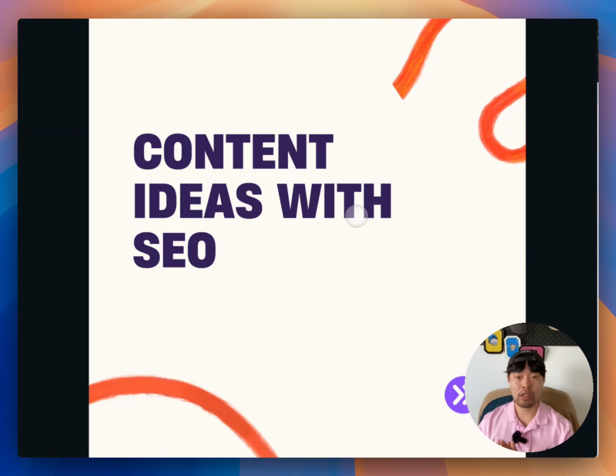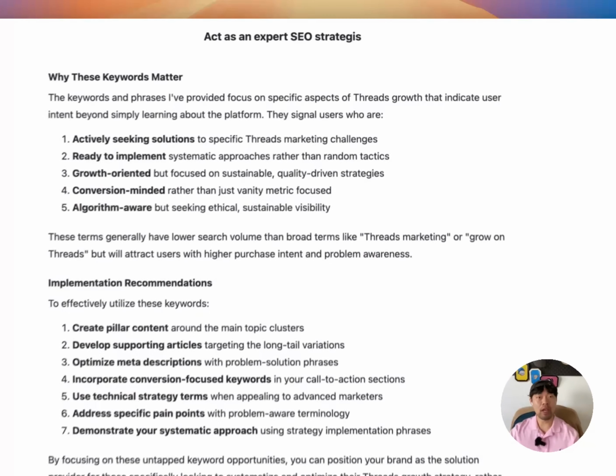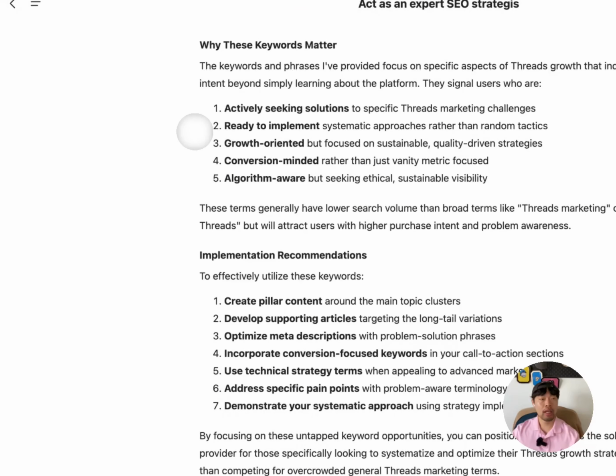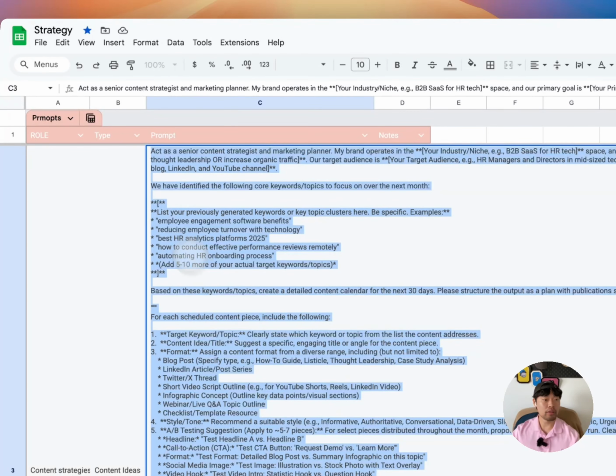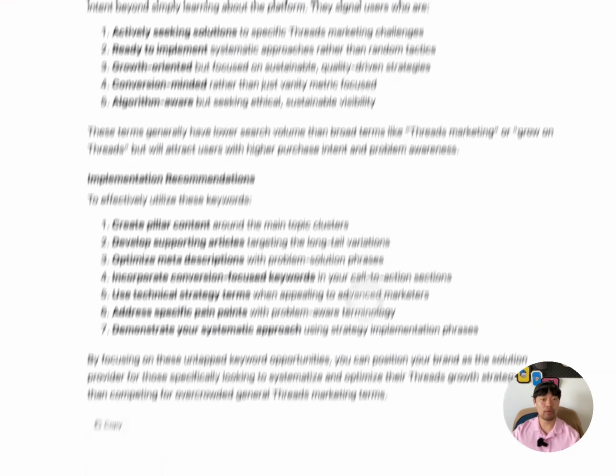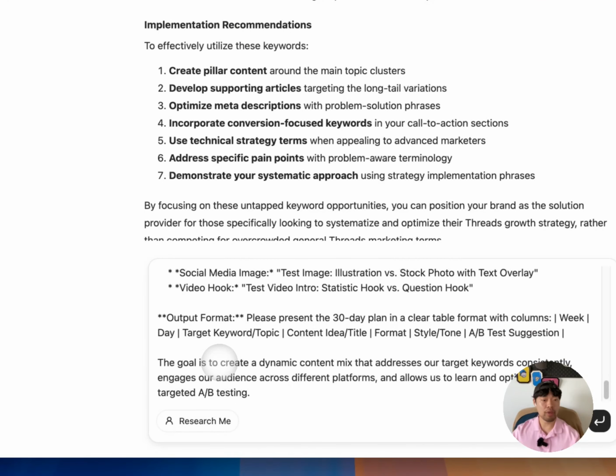We just finished SEO keywords for your business. Now the next step is to generate content ideas based on that research. So coming back here, I have another prompt. This is a long one, so I will copy and paste it.